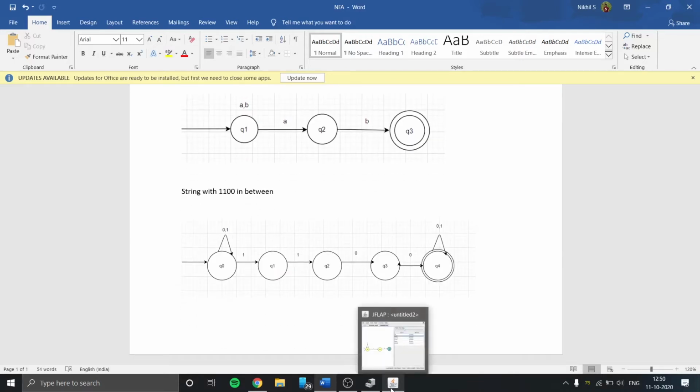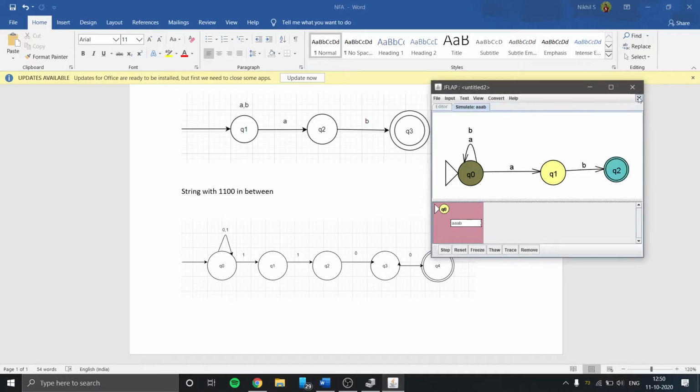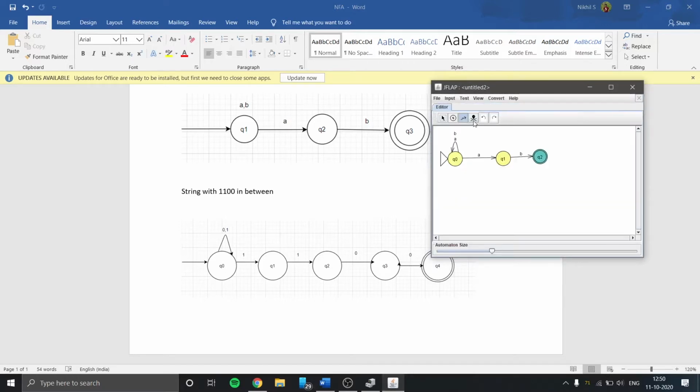Now let's do this on JFLAP. We will use the delete tool to delete all our previous NFAs. Now we use the state creator tool to create our states. We will arrange them properly.